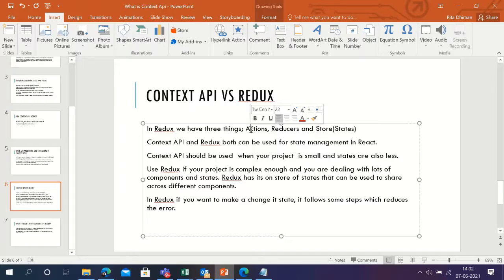So in the context API we also store the states, and in Redux there is a store that saves the states. So the functionality is almost the same to some extent.